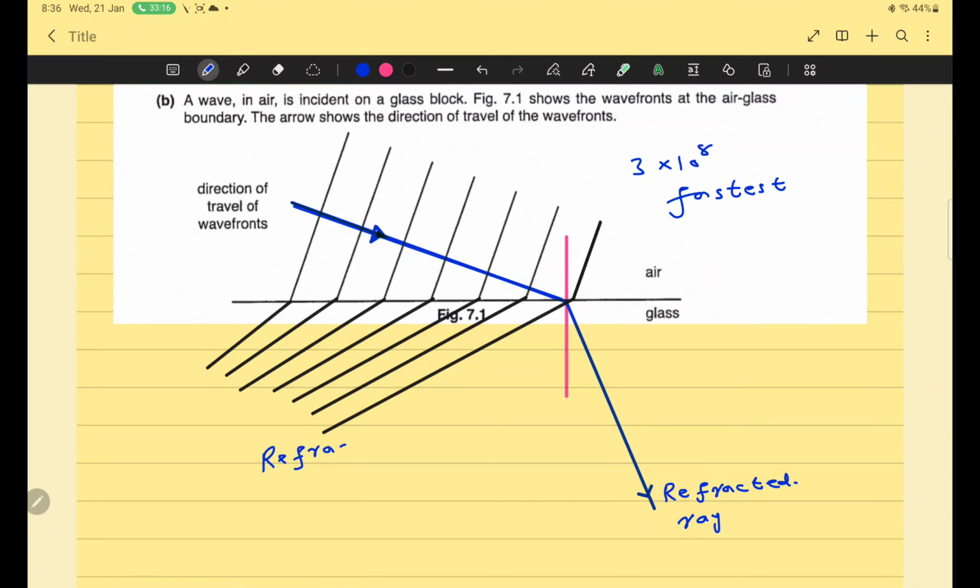So I have drawn refracted wavefronts. I am not asking you to draw now, but you should practice after my class because I am recording and I will share you my recording. So it is